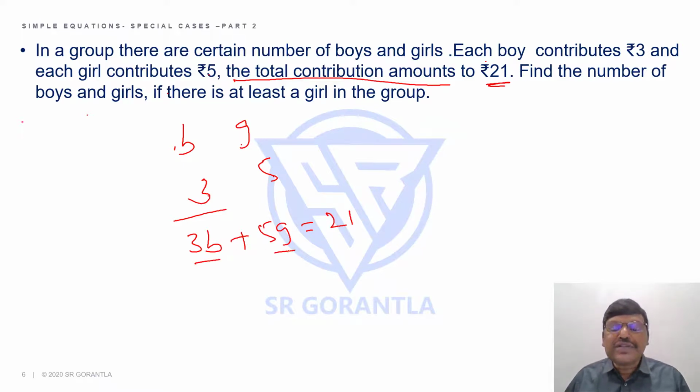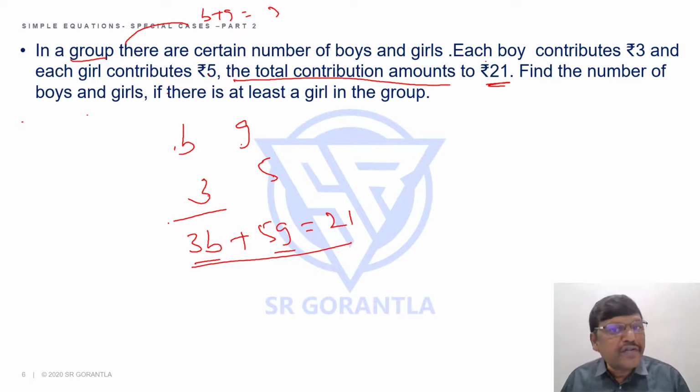There are 2 unknowns and 1 equation. We don't know how many students in total are there in the group, so that I can write B plus G is one more equation, and then say there are 2 unknowns and 2 equations. So can I say that with 2 unknowns and 1 equation, I cannot solve it? Usually yes, but here this is a special case. What is that special case, students?